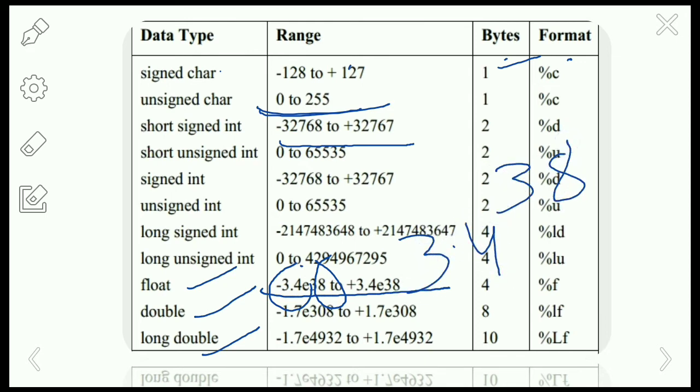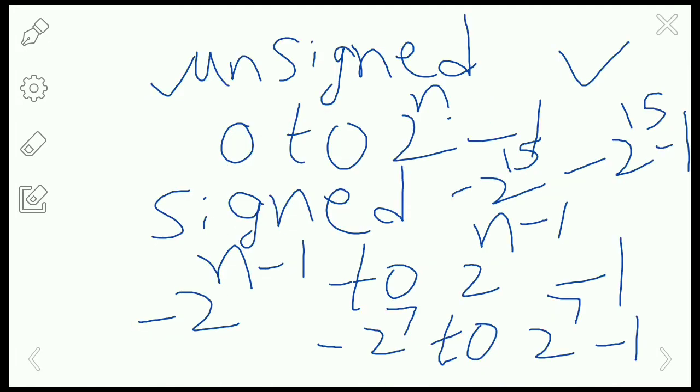Okay, so this is how we can write the given range. So here also the same thing, we are going to apply the formula. For signed and unsigned int, we are going to get the range by substituting the bytes in the given formula. And if you want to know about the sign qualifiers, size qualifiers and constant qualifiers, you can watch my video on modifiers on data types.